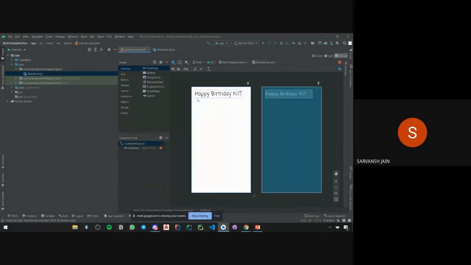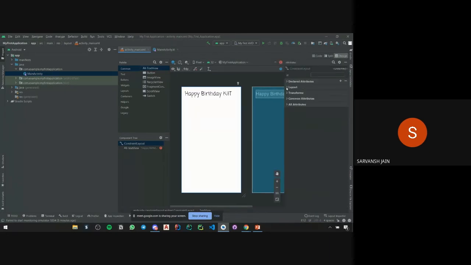So basically now we can see we have written happy birthday KIT. But as I told you, the error was coming, we have still not defined constraints. So I'll go once again into attributes. Then I'll pop these more.